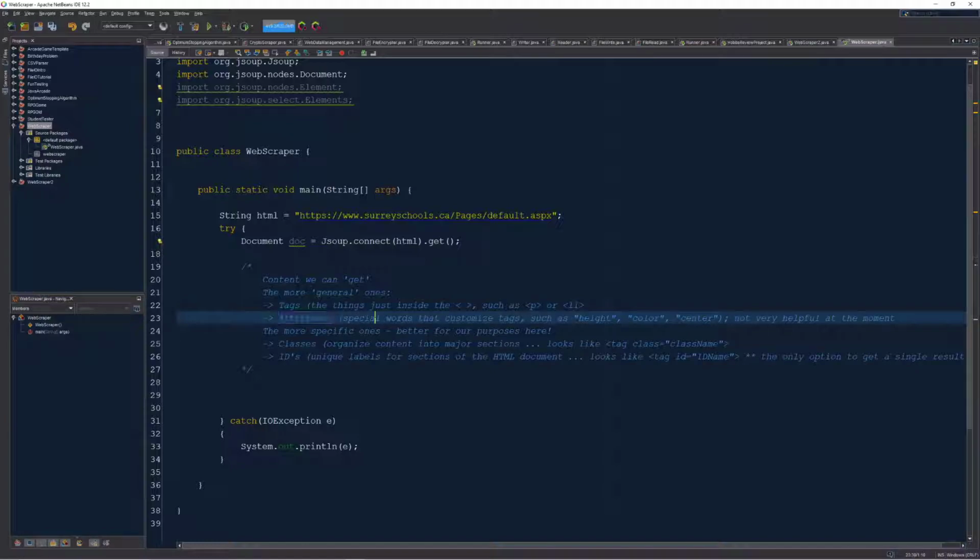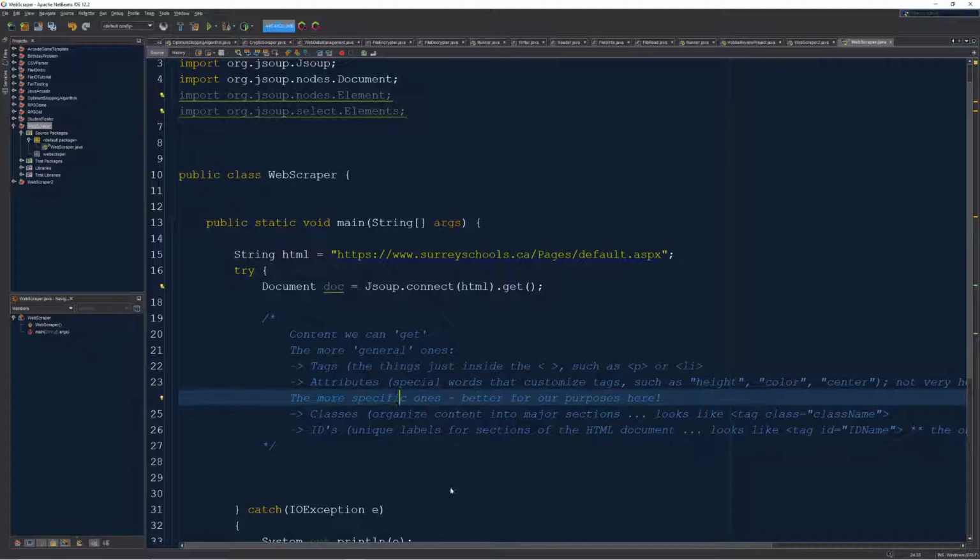Then we have attributes, which are special words that customize tags like hide or color or center. These are not very helpful at the moment. It is possible you can actually organize information by attributes, but we're not going to really do that in this section. It's pretty specialized. The more specific ones that we will be accessing and using quite a bit more often